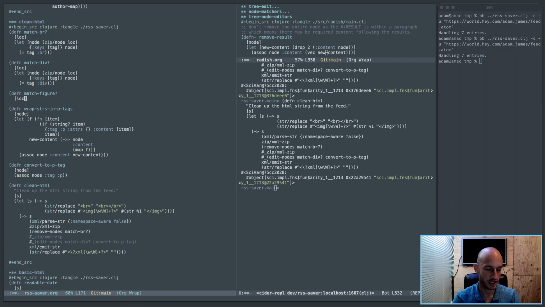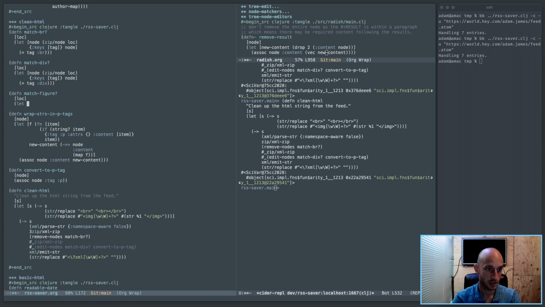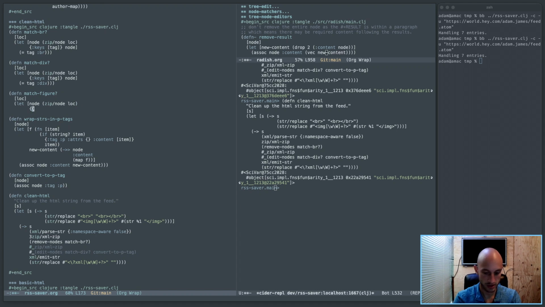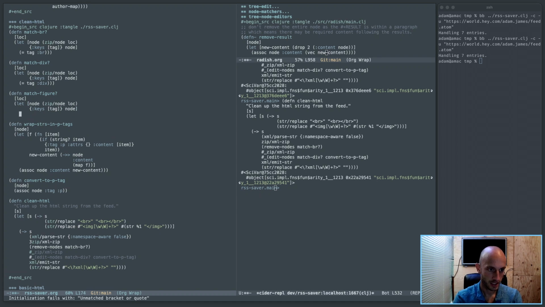Given a location in the zipper, let node be zip node of location, and then pull the keys tag from the node, and then all I need to check is if the tag is equal to